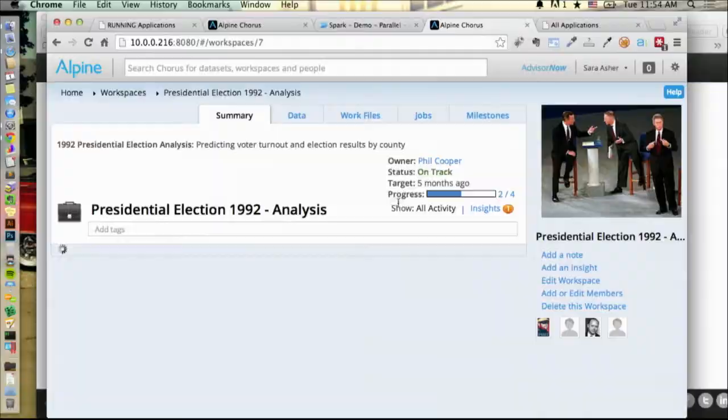If I open up one of these workspaces, so we have this concept of a workspace, and what that means is it's a place where people can gather to share all of their information, all of their insight. So there's a summary, there's basically a progress tracker, so based on the number of milestones that you've created, we can see very quickly with just a quick glance where this project is in its development.